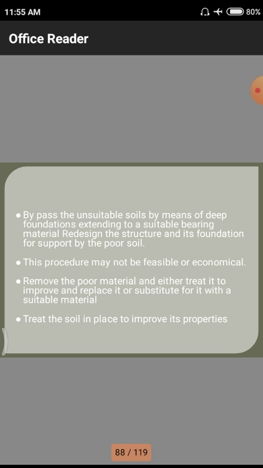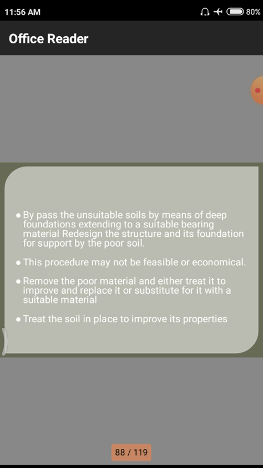That means first of all we need to remove the poor quality material which is lying on the particular soil strata, and we need to replace it with a high standard material which is available in the particular fields. In some cases we do not have good quality or good quantity of soil, so we need to borrow from other soil fields and replace it in the specified soil, so that